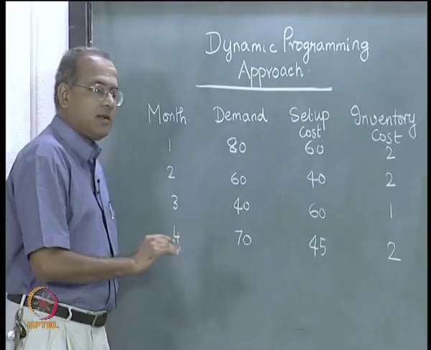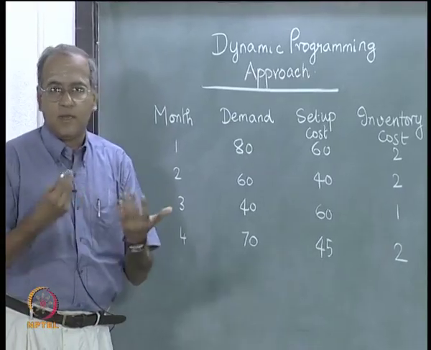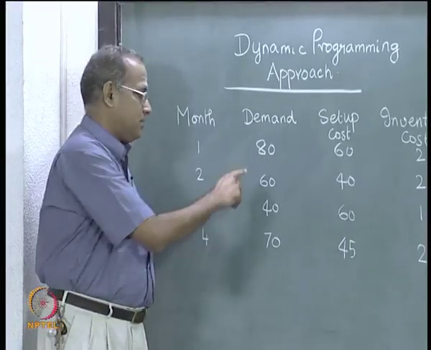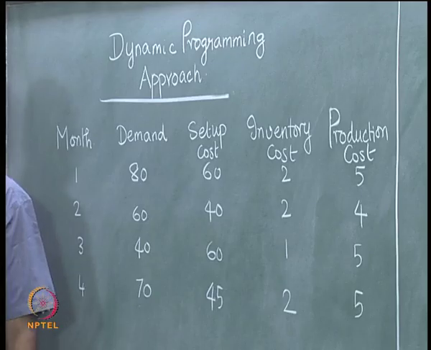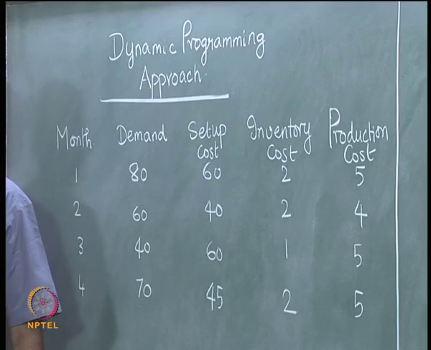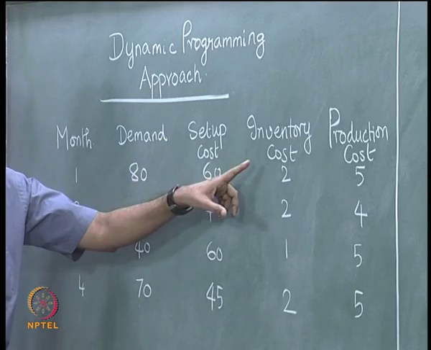At the moment, we do not have an upper limit on how much we produce. For example, if it is economical and profitable, one can produce, the total demand is 180 plus 70, 250. So, if it is economical and profitable, one can produce all the 250 in the first month itself. There is no limit on the production capacity at the moment. As we move along, we will also realize that it is not very difficult to incorporate a production capacity if it is there. So, there are 3 costs that are involved: the cost of setting up, the cost of production